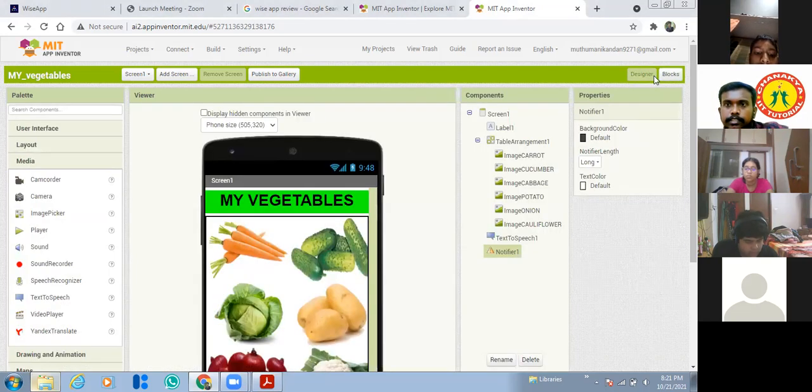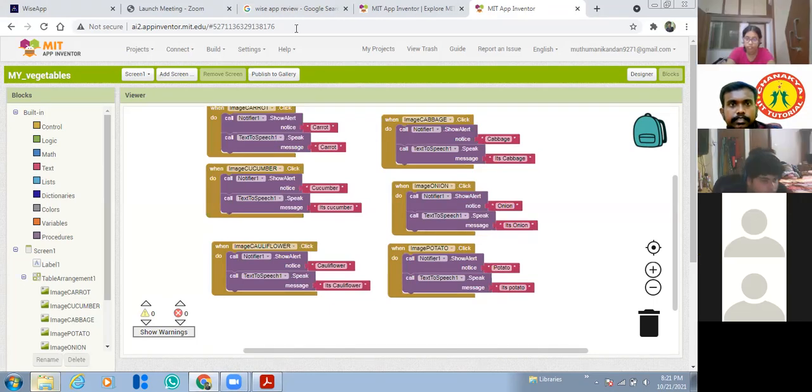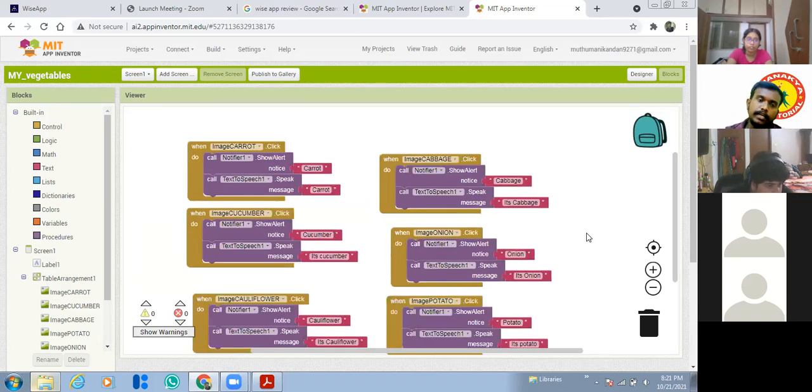And others, has anyone completed these blocks? If you completed the blocks, tell me. Sir, I did. Okay. Now you can check the output, Aditya. So how to check the output? I told you. First you have to install that app in your mobile.